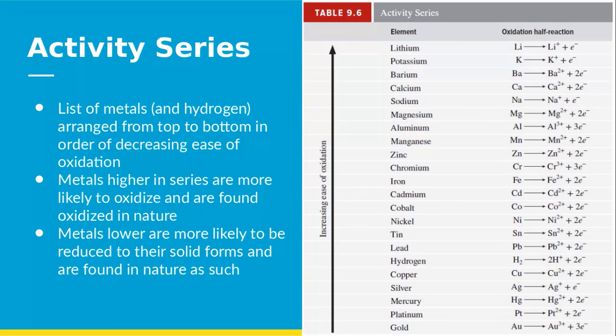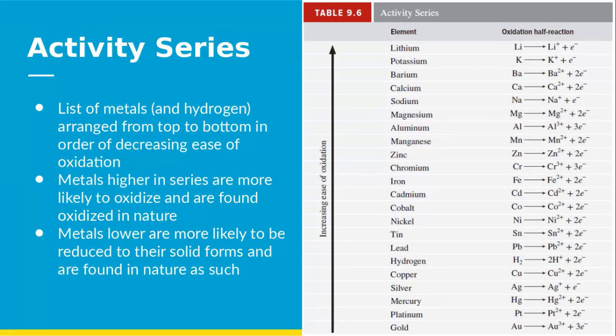Potassium, lithium, barium. These are all really reactive, sometimes violently reactive, metals. Potassium is almost always found as an ion in the body. Potassium solid and lithium solid are pretty much explosive metals. They're very, very reactive. So metals higher in the series will replace metals that are below them in the replacement